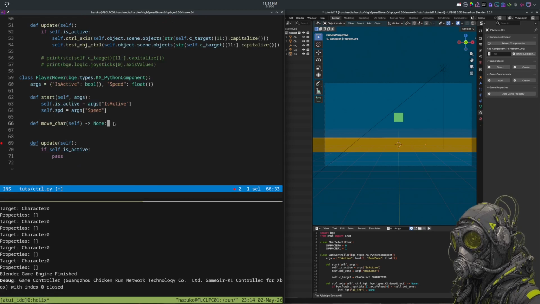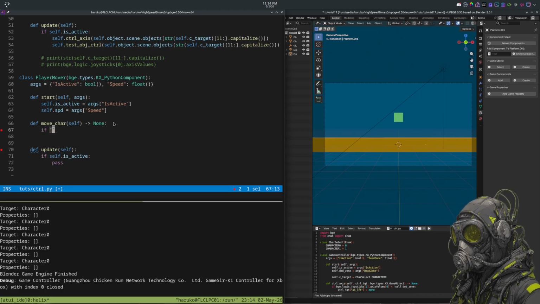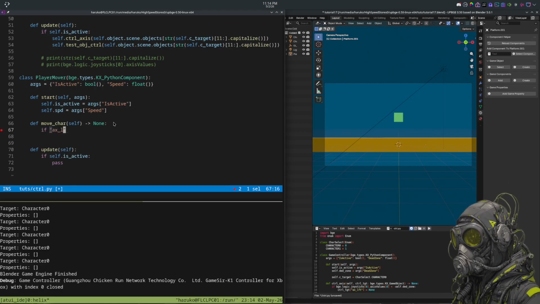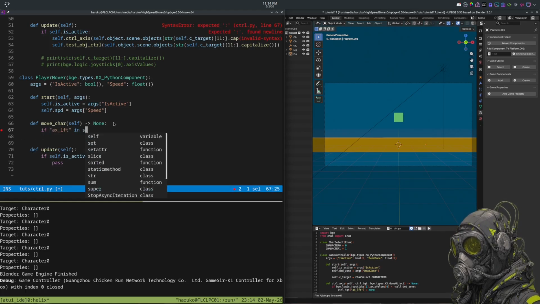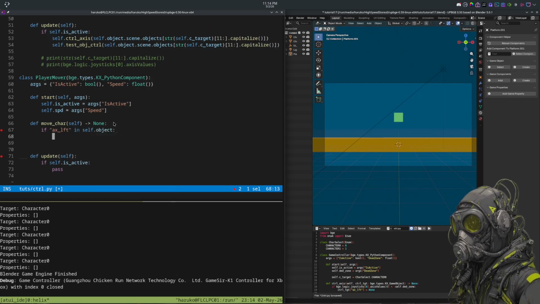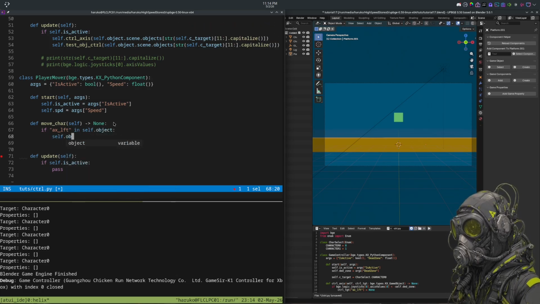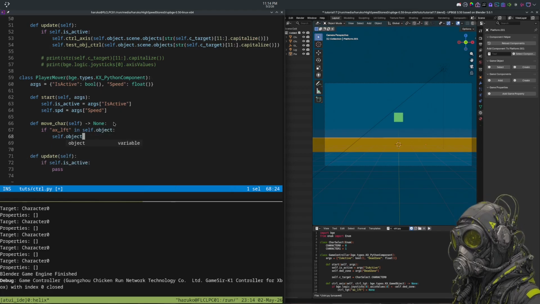So if ax left in self.object, self.object dot